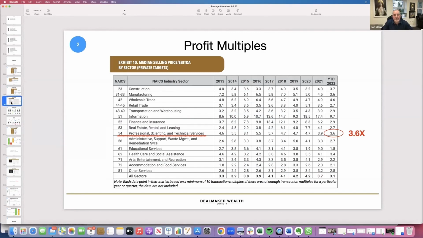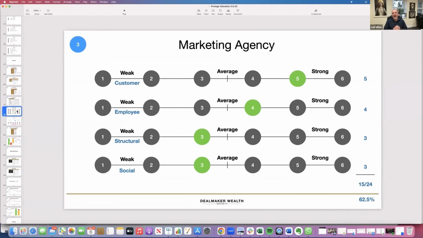Then we went back to Deal Stream. Now, this is a marketing agency, for example. Is it a marketing agency? Yeah, it's a marketing agency. So we know that on average, it's going to have like a 3.6x multiple of adjusted EBITDA. And then let's look at the